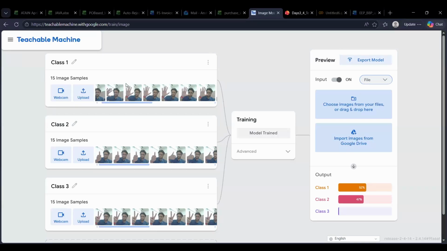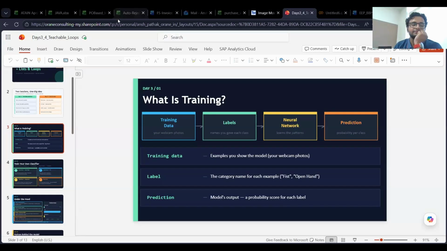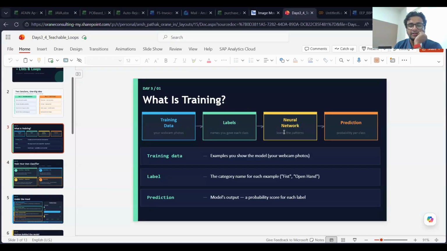Then we have to feed that model n number of images for individual classes, and then train the model on it, because each individual image gets converted into vectors and then gets stored. The training data gets converted into labels behind the scenes. In the code base, it gets converted into vectors and embeddings, and then neural networks perform on it and recognize patterns to make predictions for the future.